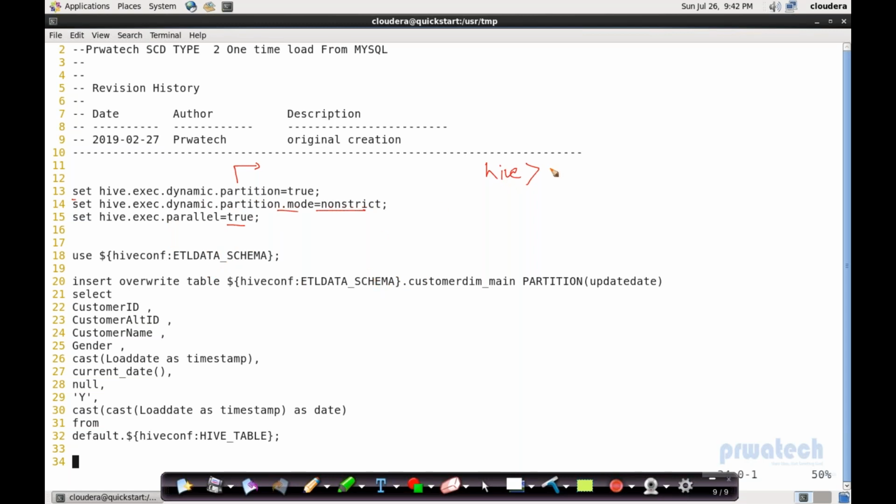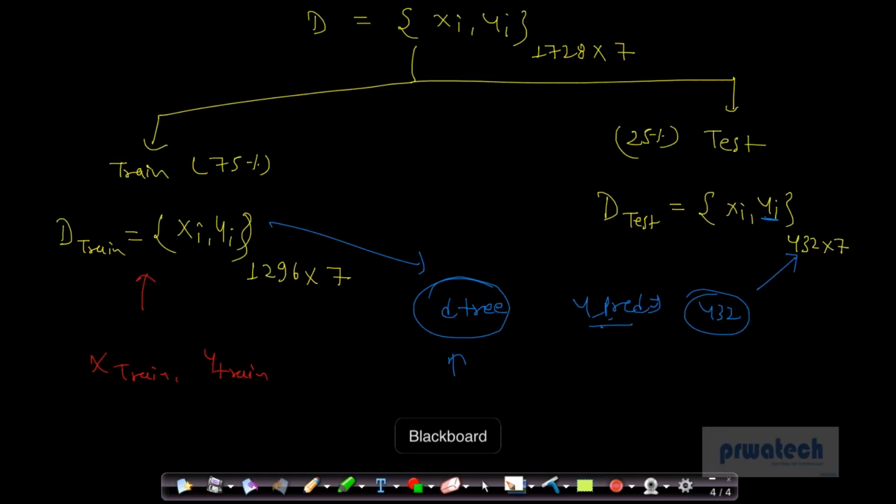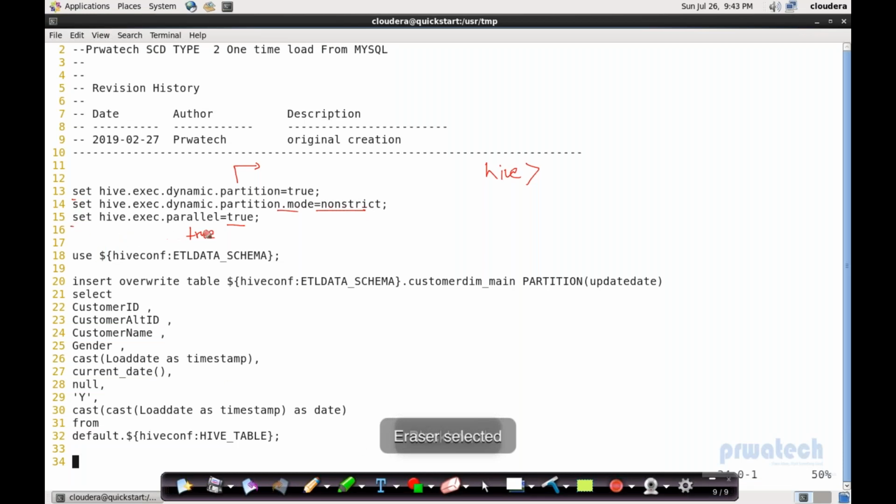We had a few more properties for bucketing, but I'm not using any bucketing in this, that's why I'm not setting it. Otherwise, I would write set and one more value, hive.enforce.bucketing, equal to true. So bucketing would also be enabled. Now, after these three lines,